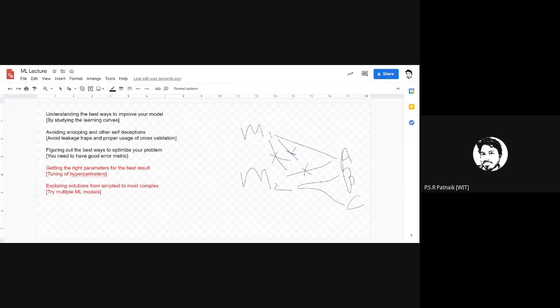Yes. So the answer is that even after trying multiple ML models, if we do not get a performance that one ML model can cater to our needs, what we do is go on combining ML models. That is your next step. What is your next step? The next step is a two-process approach. Right.